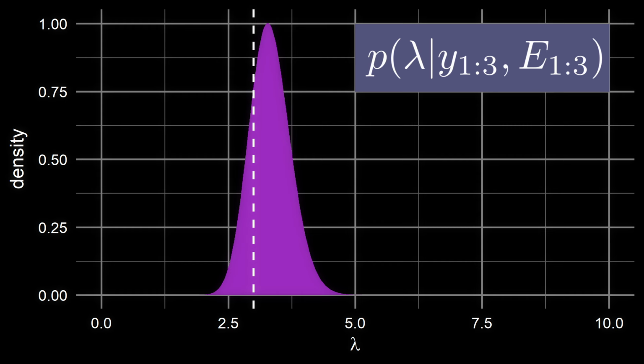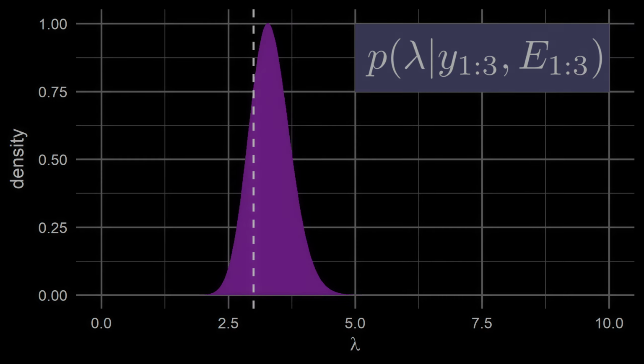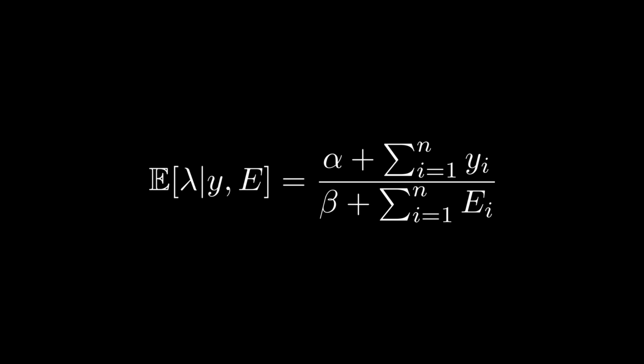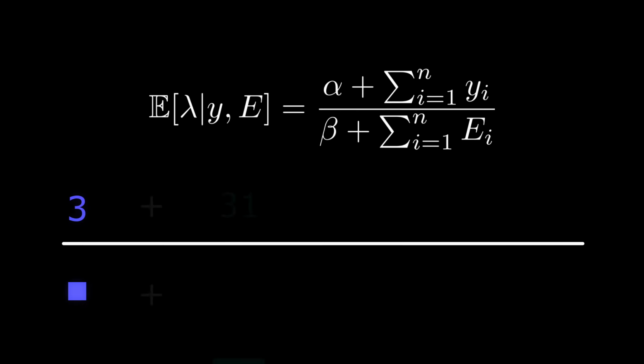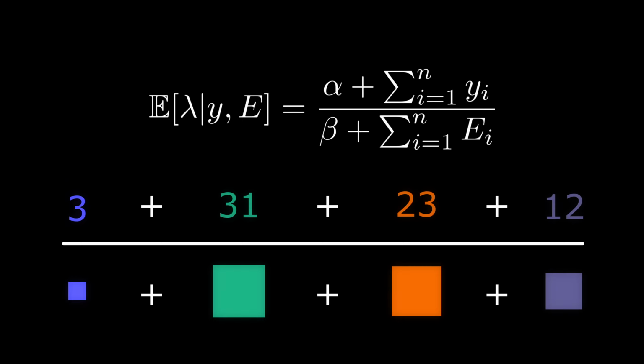We can explain why this is happening by looking at how the posterior mean and variance change with the data. Since we know that the posterior distribution follows a gamma distribution, we can easily calculate its mean. This turns out to be the total number of counts, including those from the prior distribution, divided by the total area. As we observe more sites, the influence of the prior on this calculation diminishes. This makes sense. More information should convince us to change and update our beliefs accordingly.